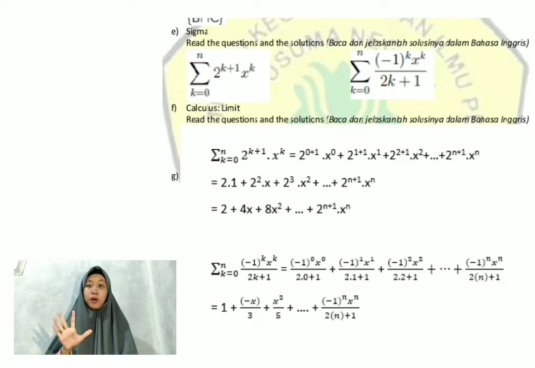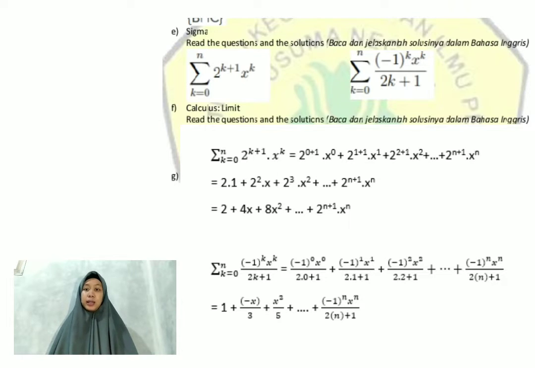Question number 5 about sigma. First, sigma of 2 raised to k plus 1 times x raised to k, as k goes from 0 to n, equals 2 raised to 0 plus 1 times x raised to 0, plus 2 raised to 1 plus 1 times x raised to 1, plus 2 raised to 2 plus 1 times x raised to 2, plus dots